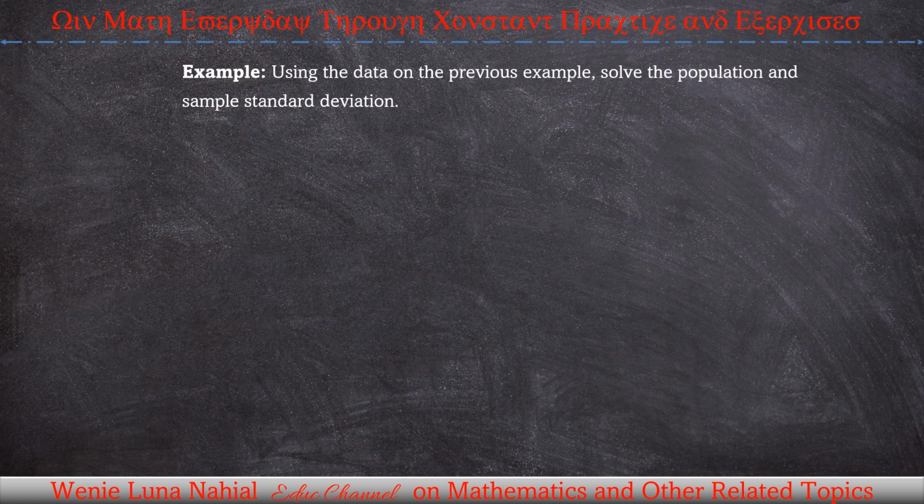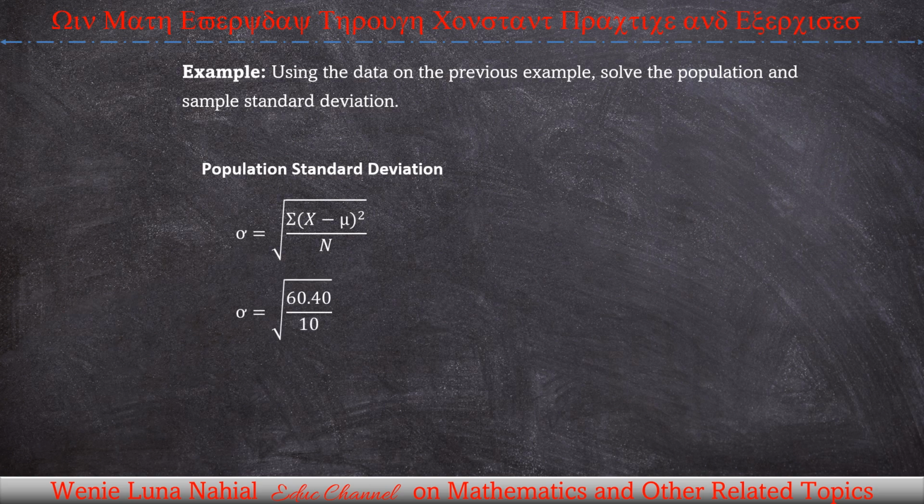Okay, let's have an illustration using the data from the previous example. Solve the population and sample standard deviation. Here, we already solved it. The population variance in the previous illustration is 60.40. We divide it by 10, then take the square root. You get